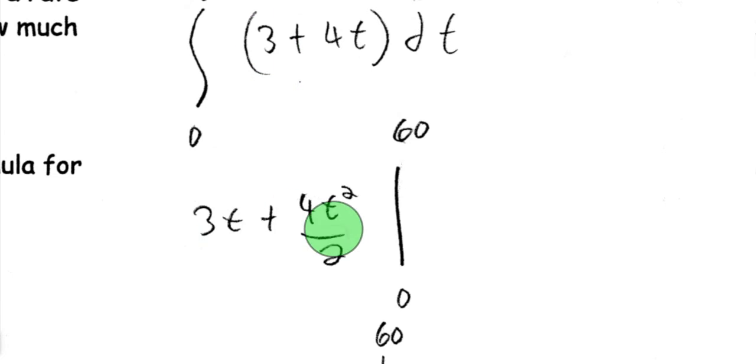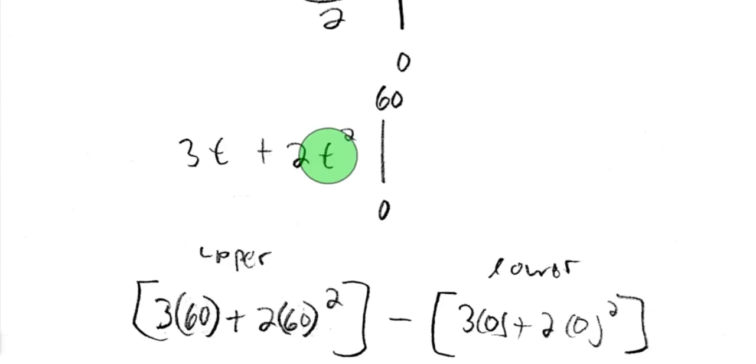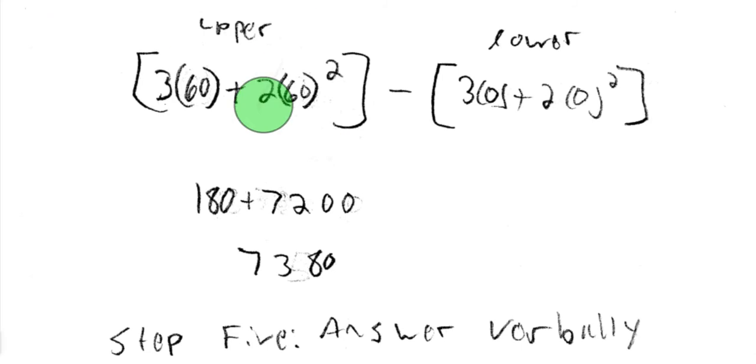We're going to use the reverse power rule for antiderivatives, 3t plus 4t squared over 2. That simplifies to 3t plus 2t squared. We're going to plug in 60 and then subtract the lower limit. However, when you plug in 0, you get 0 back. Makes sense. There's not any water in the tank until you start filling it up. So it makes sense that at 0 minutes, there's 0 water. We're just going to focus on the upper since that's 0. We end up getting 180 plus 7,200, which is